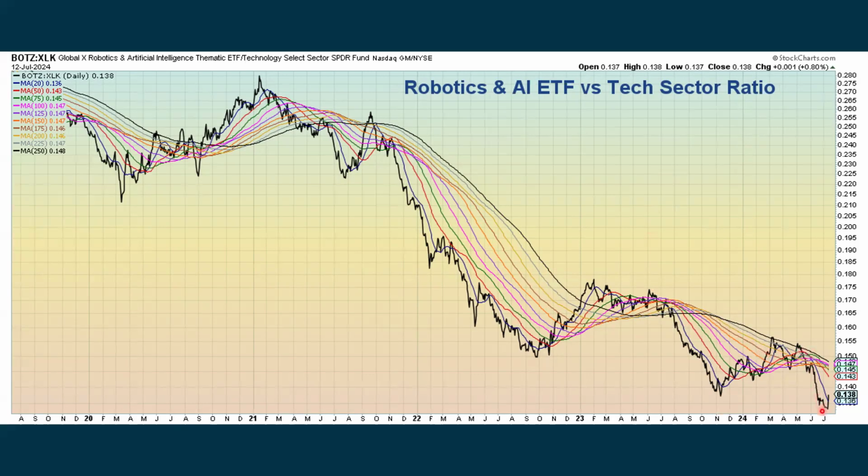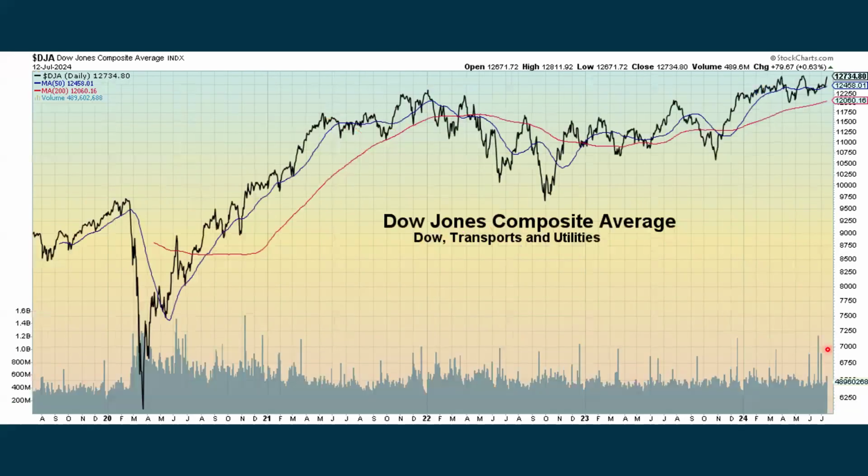It's been really underperforming the tech sector. Well, it's starting to bounce back up now. We'll see if this can continue and actually see a shift over to starting to outperform the tech sector. The Dow Jones Composite, which takes the Dow, the transports, and the utilities and puts them together, is in an